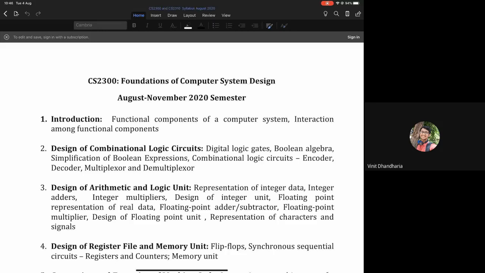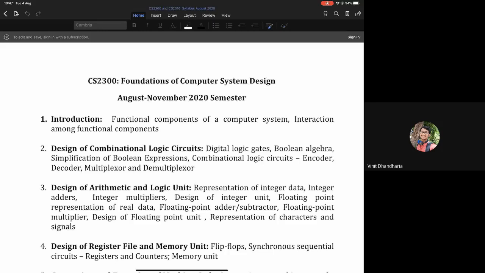Then we'll go on to the design of what are known as the combinational logic circuits. These are the digital circuits which are built using only the logic gates. Okay, and the reason why it's called the combinational logic circuits we'll try to understand later. And the design of these combinational logic circuits is actually derived from, or basically dependent on, what is known as the Boolean algebra, which deals with the laws and theorems of operations that are carried out on the Boolean variables or the binary variables, right?